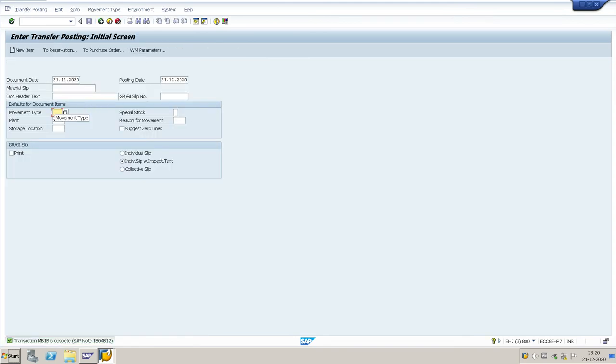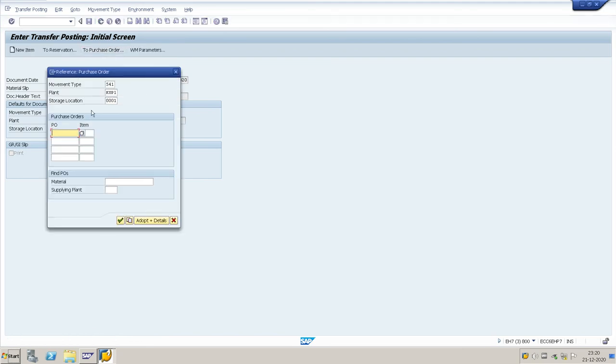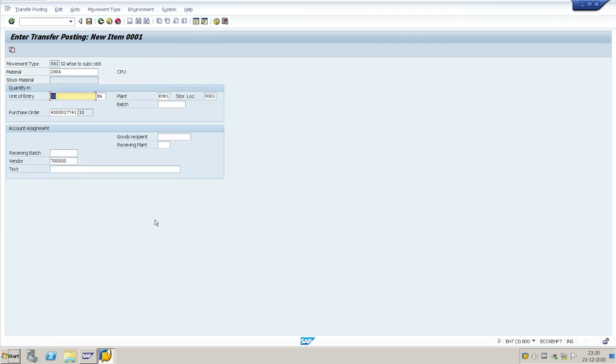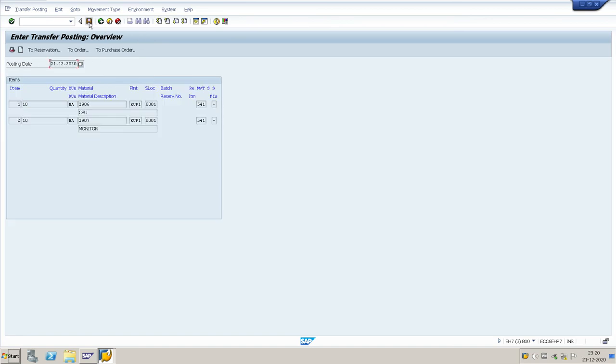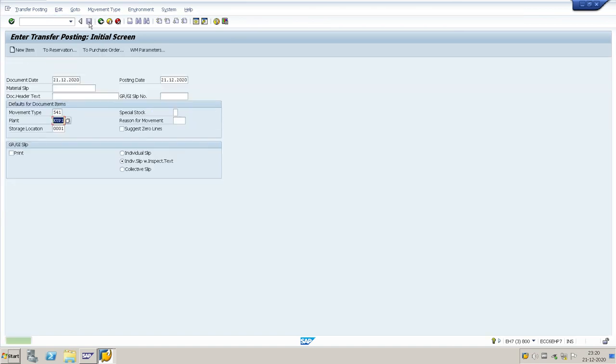Movement type 541, storage location 001. Click on the purchase order and enter the purchase order number. Click Add plus details. Here the 2906 part number will come, and next the 2907 part. The quantity is mentioned here. Now save.